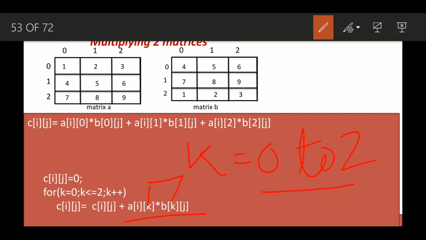That means the element at index 2 in row i will be multiplied by the element at index 2 in column j from matrix B. So this will be the general formula to calculate the value of Cij.